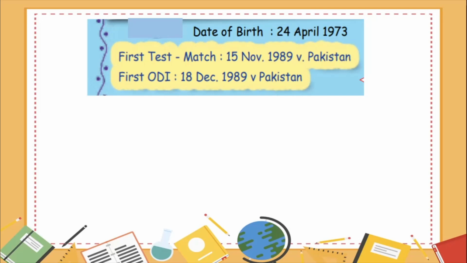Now Sachin Tendulkar played his first test match on the 15th of November 1989 versus Pakistan. He played with Pakistan, and his first ODI, that is his one-day international match, was also against Pakistan on the 18th of December 1989. Alright, so see, you got information about the meaning of ODI and the meaning of a test match in